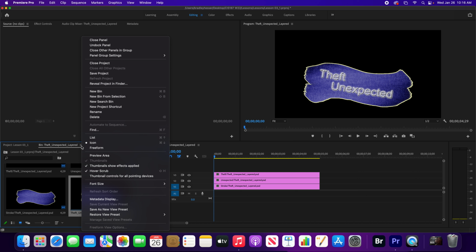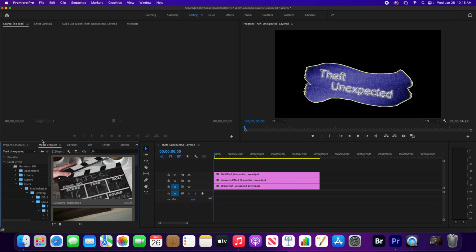We have the ability to go in and create a lot of items inside of here. We can select items and then create a new bin from those selections. There's search bins. When we get into organizing media in the next lesson, you're going to see other ways that we can work with what's in here. We can also come up here and simply say close panel, and that's going to remove that bin from the lower left-hand panel, which was docked in there with the project media browser and the rest of